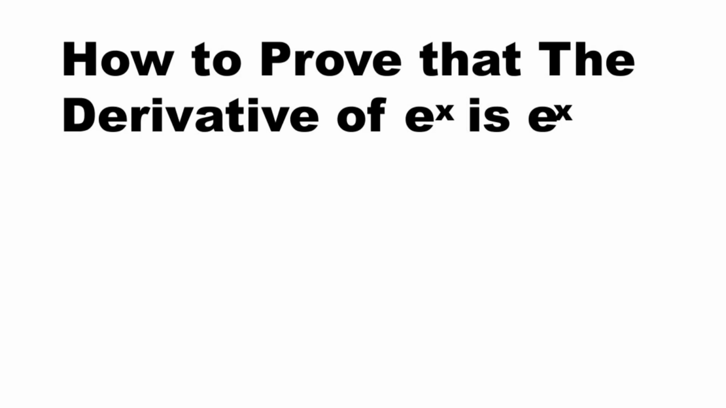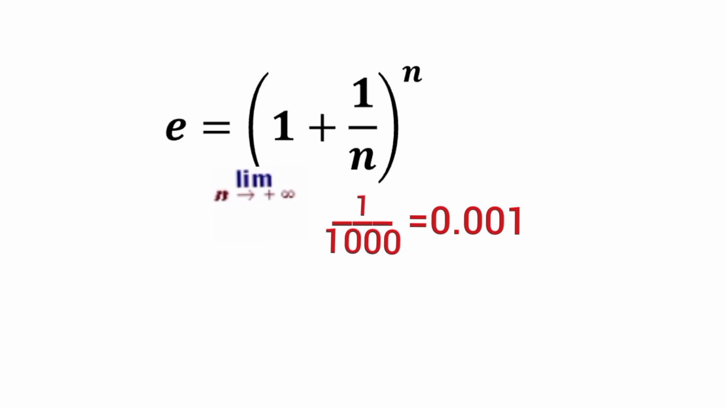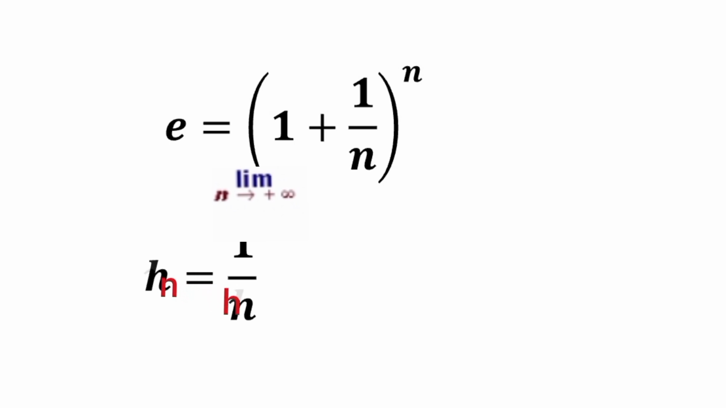How to prove that the derivative of e to the power x is equal to e to the power x also? First, let's have the formula for e as quantity 1 plus 1 over n all raised to the power n. Notice that if n is becoming bigger, the exponent n becomes bigger approaching infinity, but 1 over n becomes smaller approaching 0. We can also let h equals 1 over n, and from this, we can have n equals